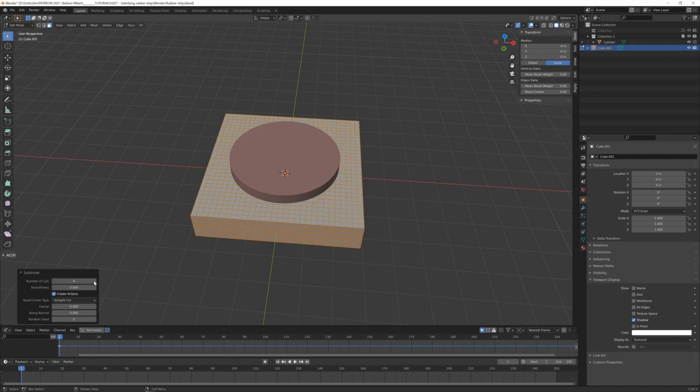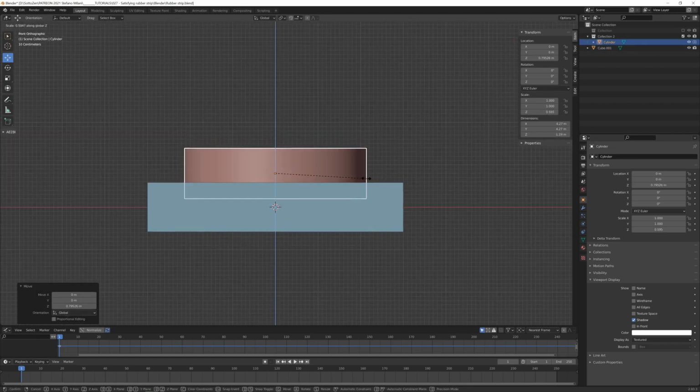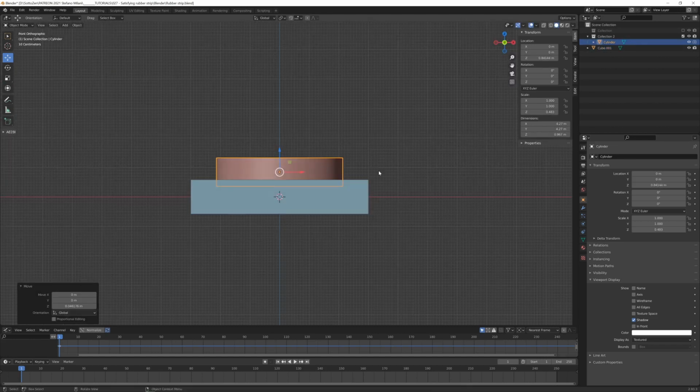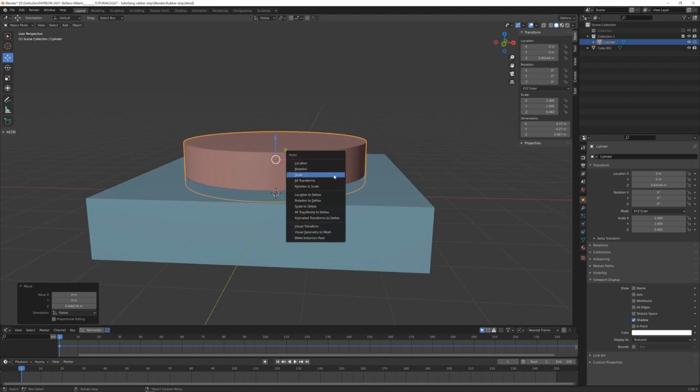I remember all the steps. It was 4 times, and here we are. Okay, let's scale this cylinder. I want to have the cylinder more or less this size. Let's apply the scale,